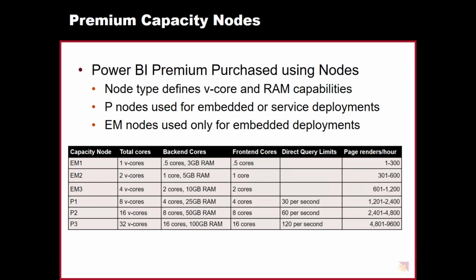Okay. Now, I'm not going to dwell for very long on this slide right here, but it just kind of shows premium capacity nodes and those that are available. So note there's things like P1, P2, P3, and those go for $5,000 a month, $10,000 a month, $20,000 a month. There's also some EM capacity nodes that are now just coming online. So the difference is if your company is just doing commercial applications and you never need your users to be able to get to the Power BI